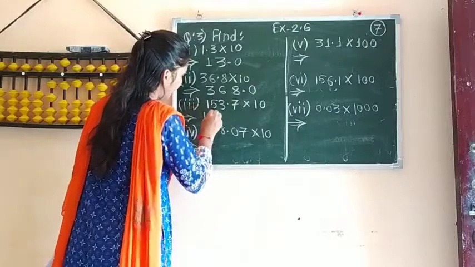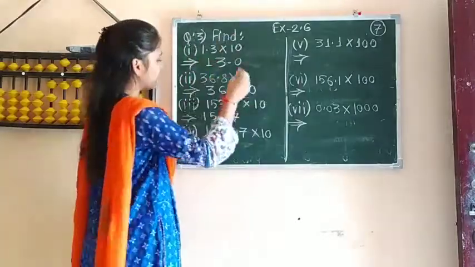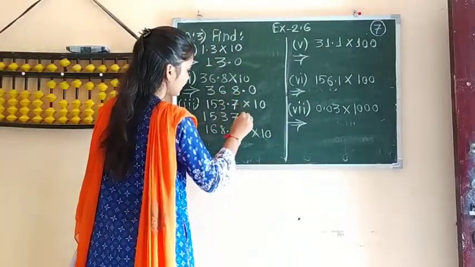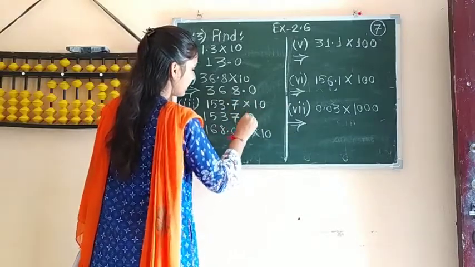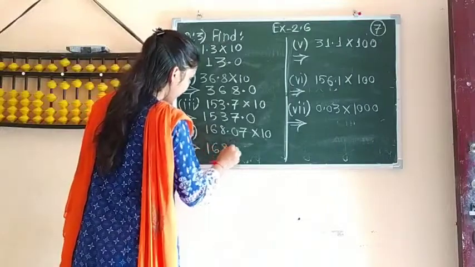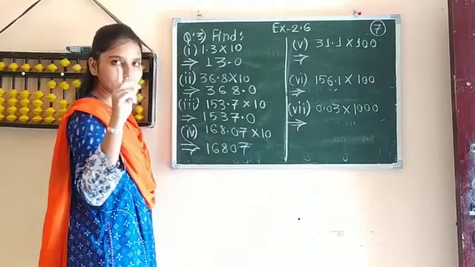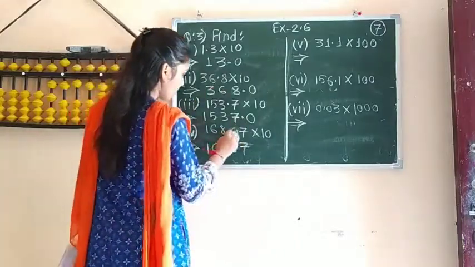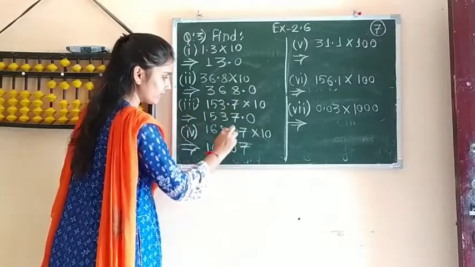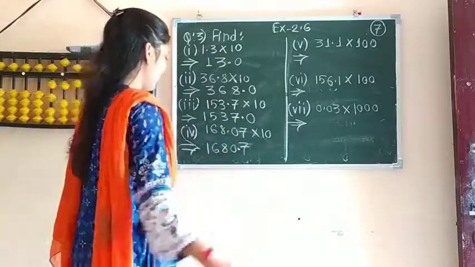153.7. So write down this as it is first. The decimal shifts towards right by 1 digit. So after this 7 you will put the decimal, and after 7 nothing is there, so write 0. Similarly here, first of all write down this as it is, multiplied by 10, so shift the decimal by 1 digit towards right. So this is 0, means the decimal is here, so it will come after this 0, shifting towards right by 1 digit. So this is 0. This is the answer for this.